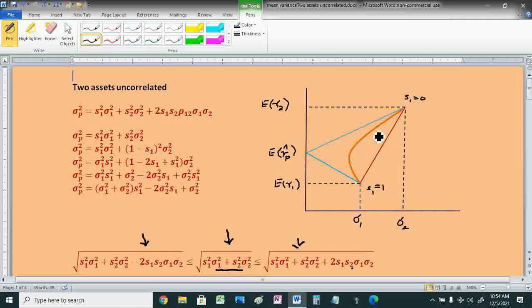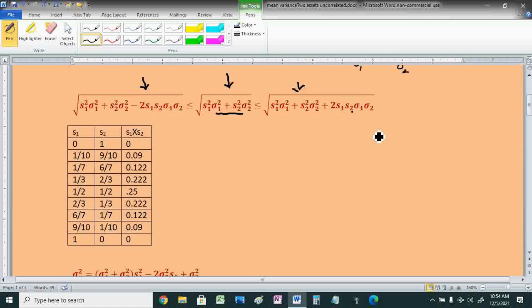That is a very tedious job, and to avoid that, I have created this example